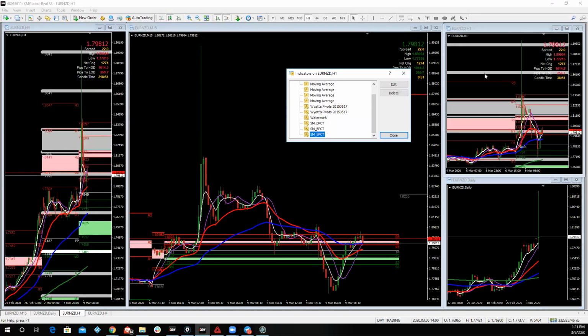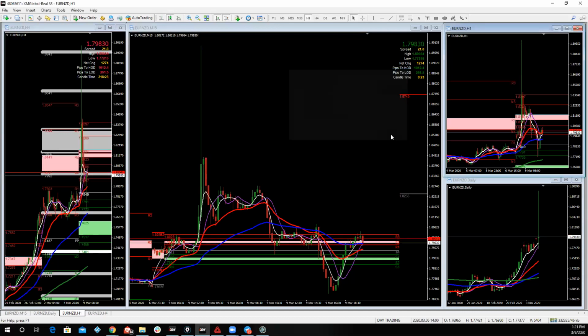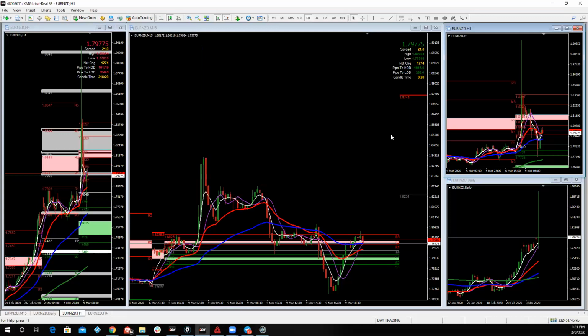The charts, the windows are small, so you don't want too many things crawling up, right? And the whole aspect of what I'm doing, the idea of this, is that I would like to know where price is at on the bigger time frame and on the lower time frame also. Because remember, we have traders trading bigger time frame and we have traders trading lower time frame, right? So I would like to know where price is at on a bigger time frame relative to a lower time frame,